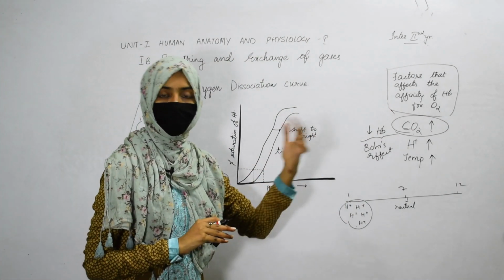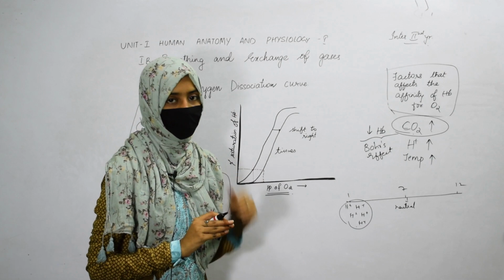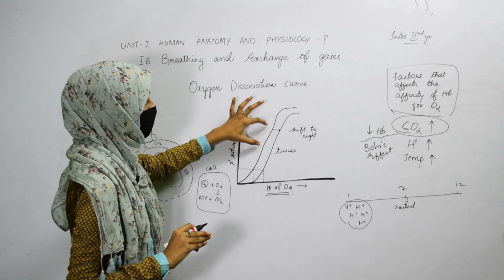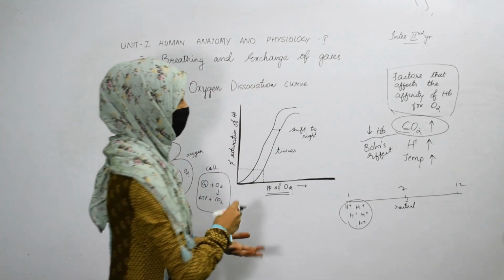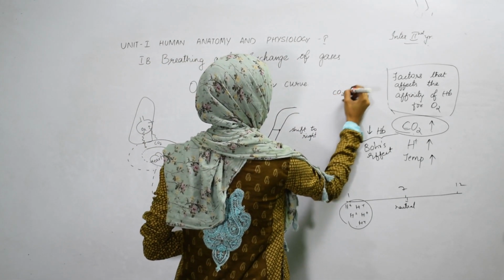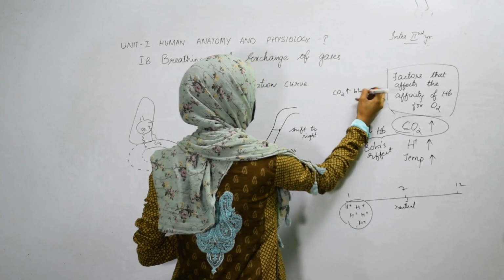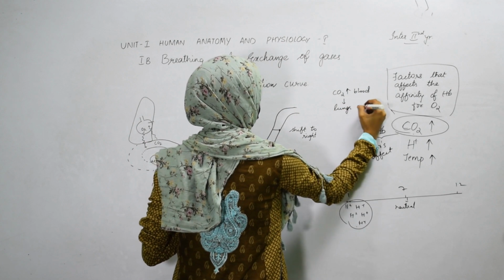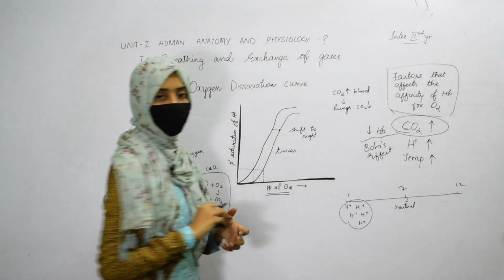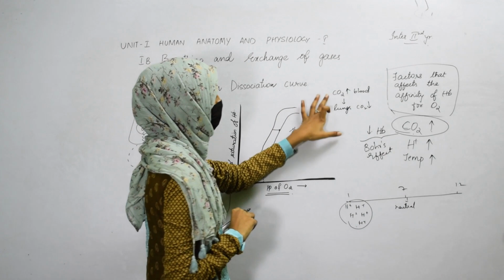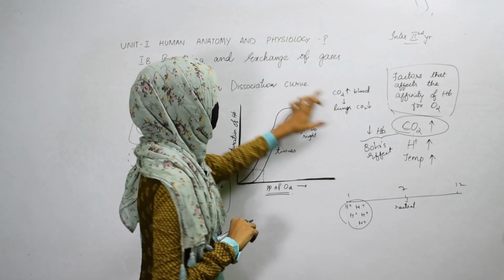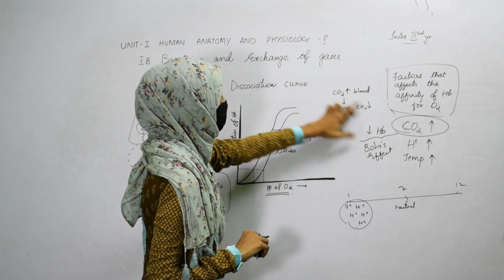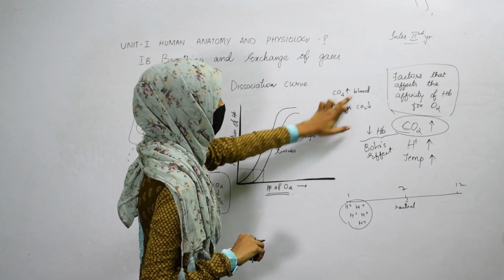Now, after oxygen is used up by the tissues, carbon dioxide is released. That carbon dioxide is transferred to the blood. Now, the carbon dioxide concentration is more in the blood. It needs to be transferred into the lungs, as in the lungs the carbon dioxide concentration is less. Always the gases are going to move from higher concentration to lower concentration. So the carbon dioxide concentration is less in the lungs, so it is going to move from the blood into the lungs.